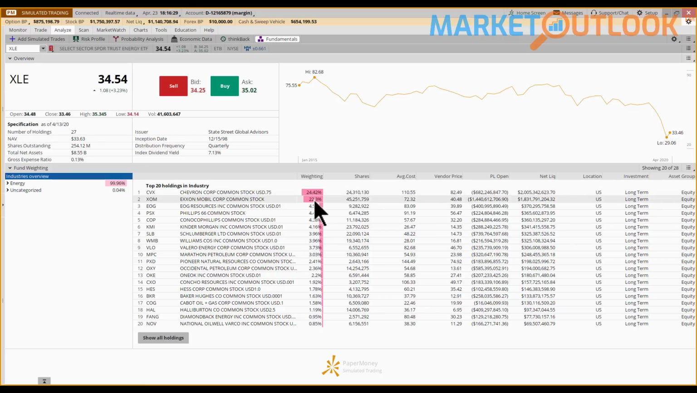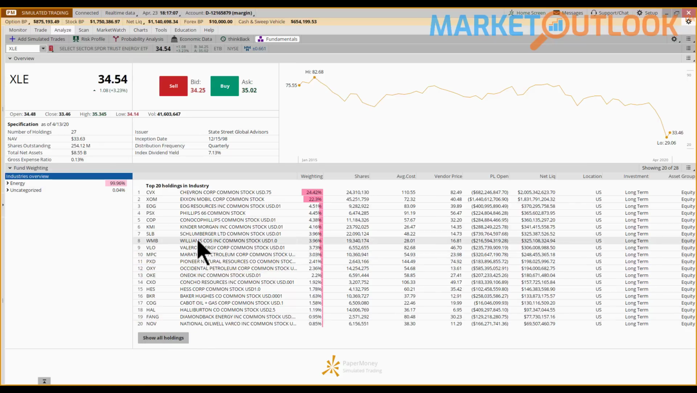I mean, it's basically like 47% of XLE is those two companies all by themselves. And then there's everybody else after that, right? You got EOG, you got Phillips 66, and there's ConocoPhillips and Kinder Morgan, which just came out with a dividend increase here in the last 48 hours. You have Schlumberger, which last week actually cut their dividend. Williams, Valero, Marathon Petroleum, Pioneer, Oxy, One Oak, Concho, Hess, Baker Hughes, Cabot, Halliburton, Fang,